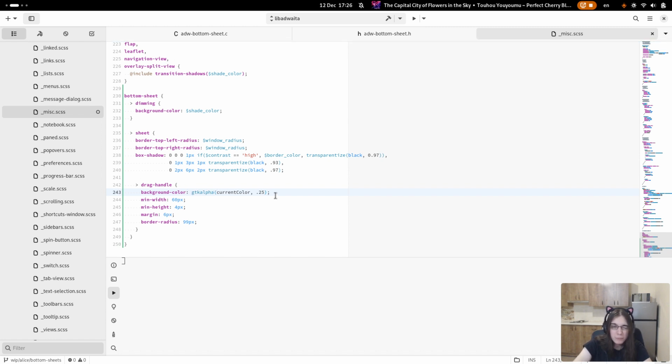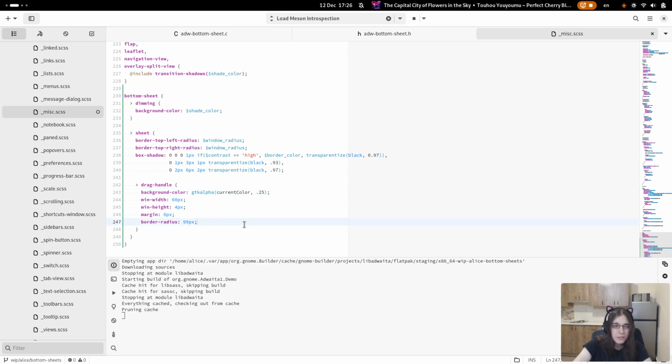And this probably will need to be a variable, but that's later. And the rest is easy.